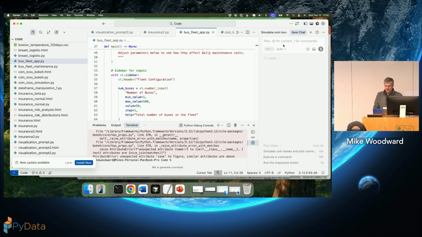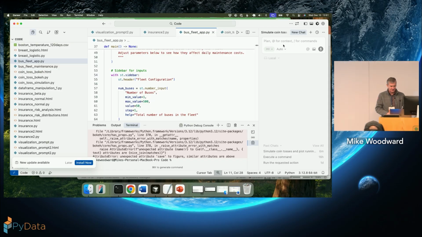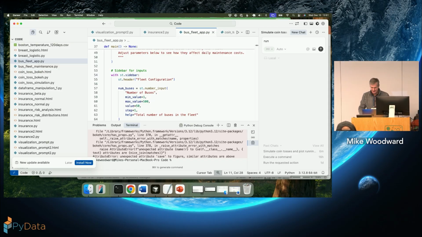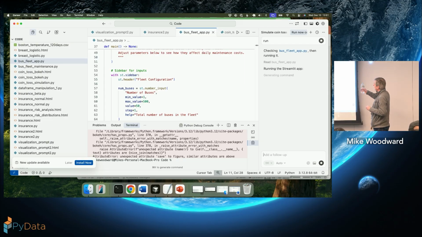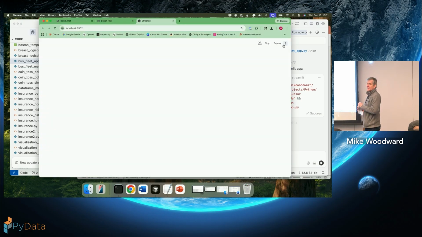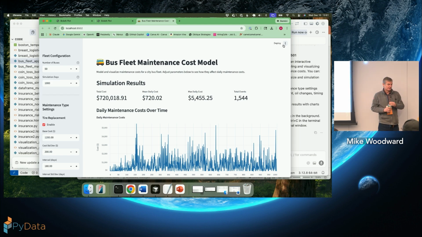And I'm going to show you it working, except I can't remember how to run Streamlit applications, right? So it's Python 3 and then Streamlit, or what? Do you know what? I can't be bothered. Why don't I just type in run here and see what happens? Okay, so now what's happening here is it's figuring out that this is a Streamlit application. It's figured out the code that I need to run it, and it's actually run it for me. And this is the UI that it built for me in half an hour, right?